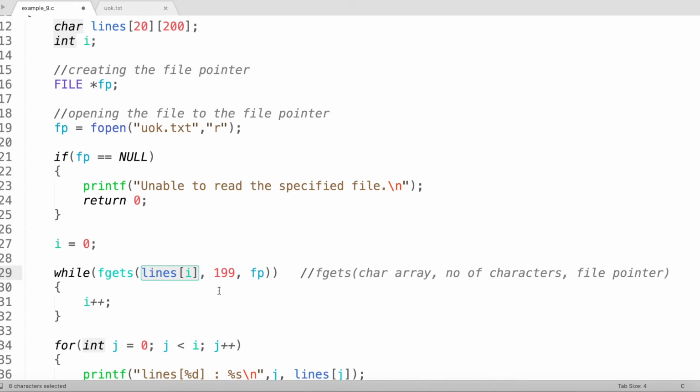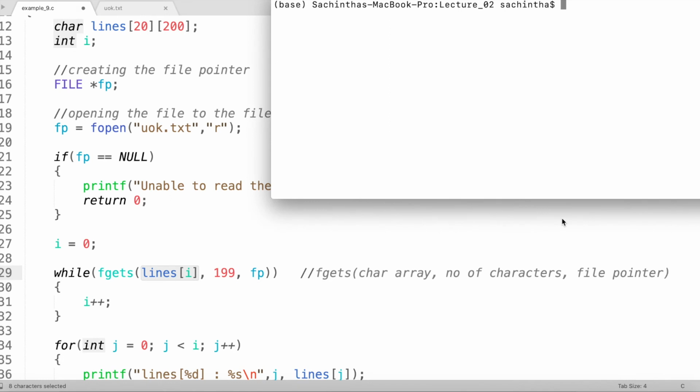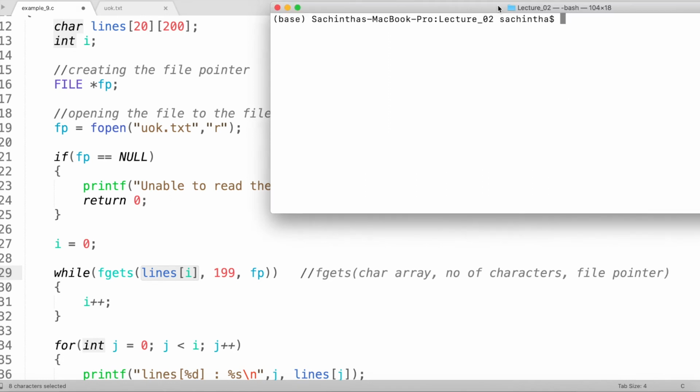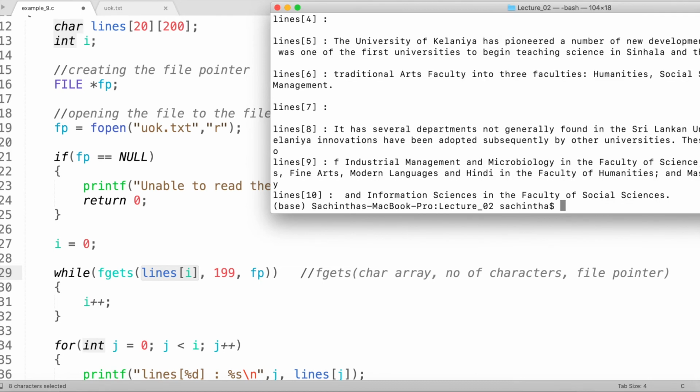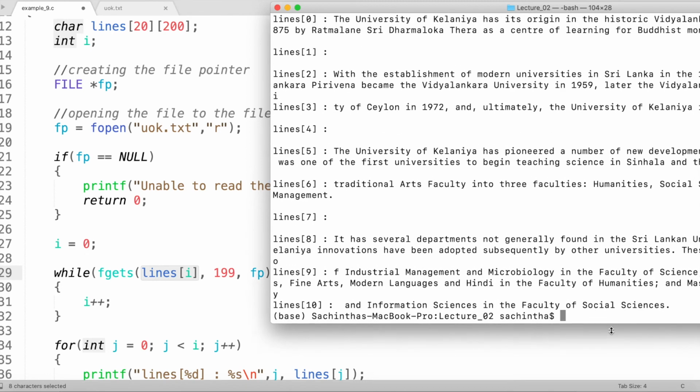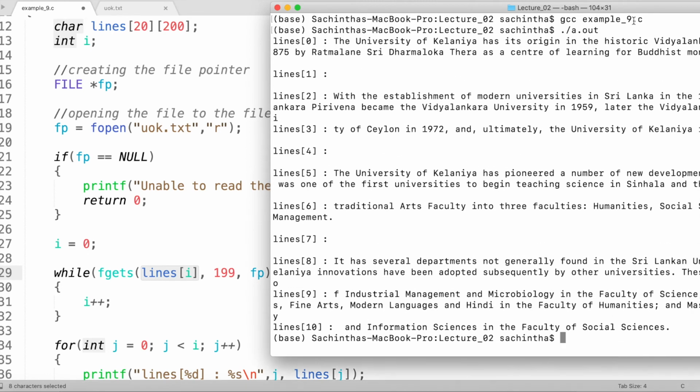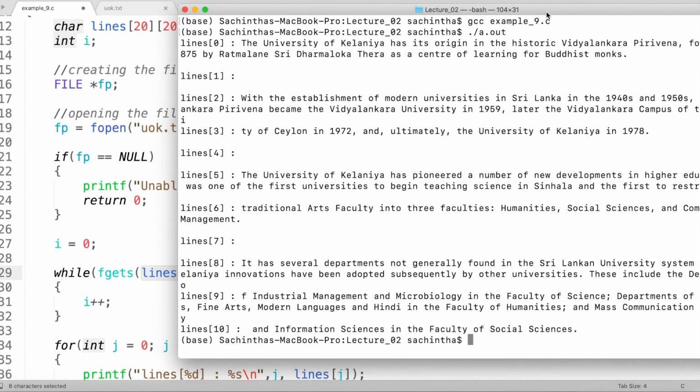So let's look at the execution of this program. I'm going to compile my example 9 program. So let's now execute. Once we execute, you can see this is the output, right?